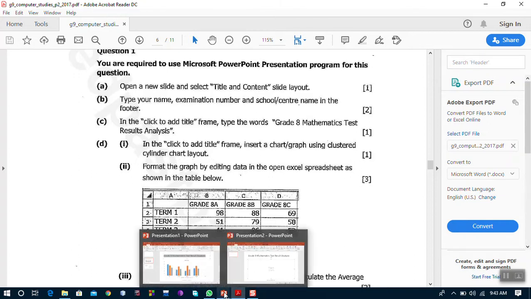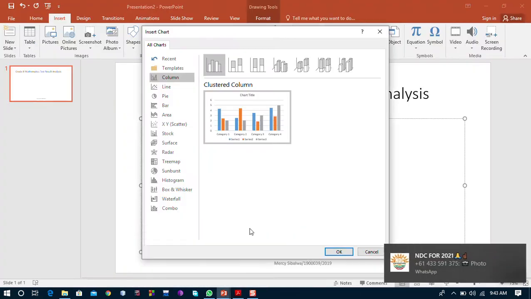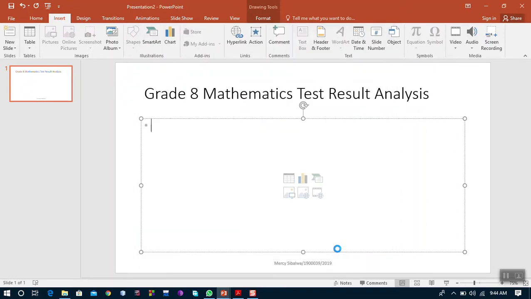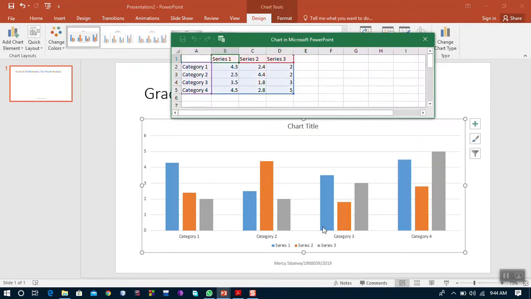Alright, let's go there. Clustered column, that is the same one we've been talking about. And there is another one which is supposed to be, is it this one? It's also clustered. I'll go with the first one and I'll click OK. As soon as I click OK, I'll be taken back to the story of Excel. That will open, and in this Excel